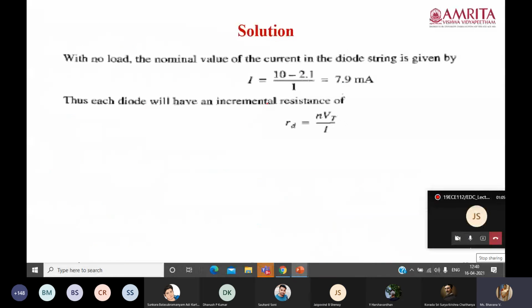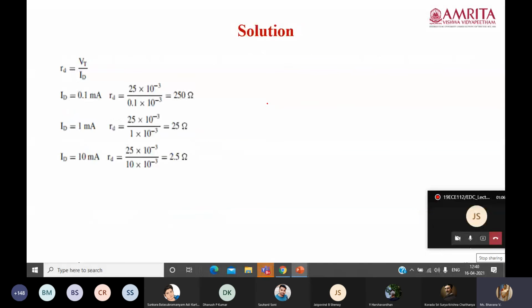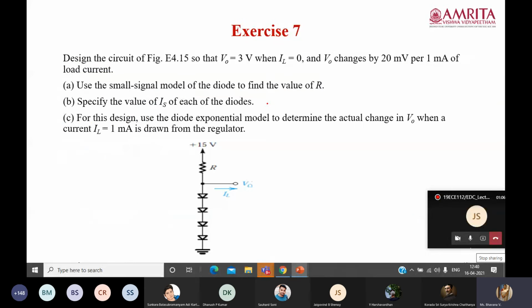So all of you understood this numerical, right? Yes or no? Yes, ma'am. Now I have one more numerical. You want me to explain? Now I can explain, but I need 5 more minutes. If not, you can do it as homework. What do you prefer? 5 minutes. Okay, ma'am. Shall I explain? Yes, ma'am. If anybody has any urgent work, you can leave. Those who are interested can stay back.